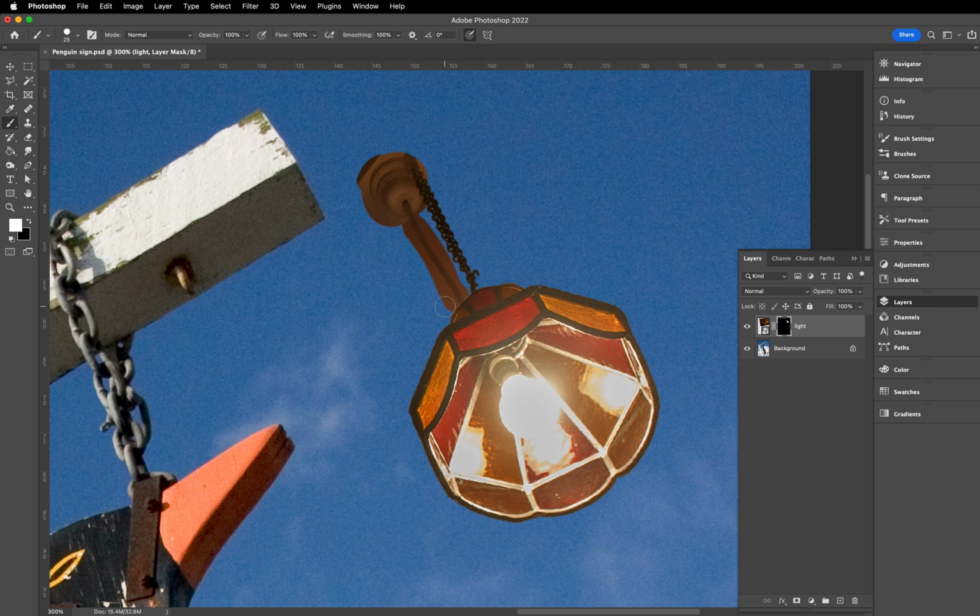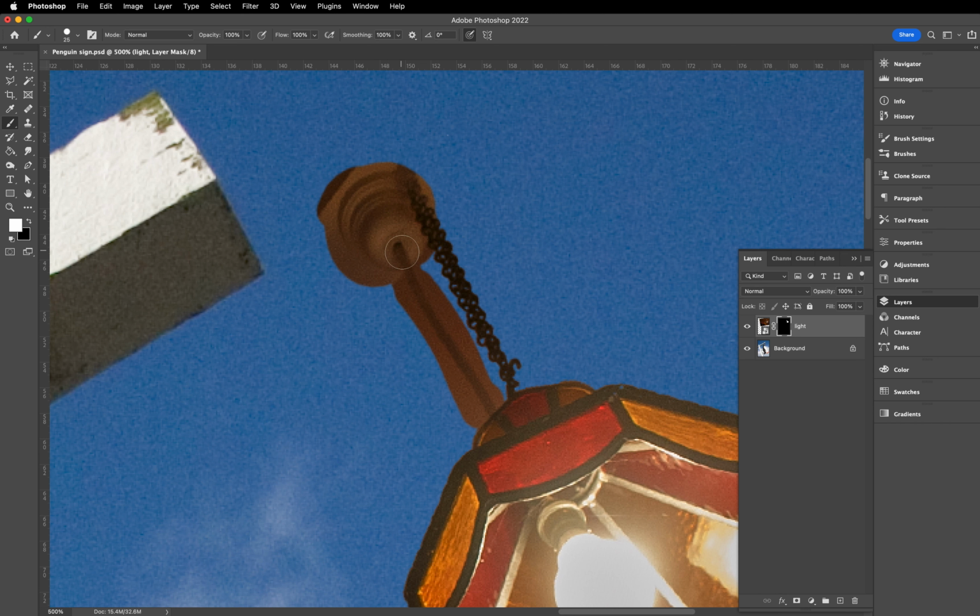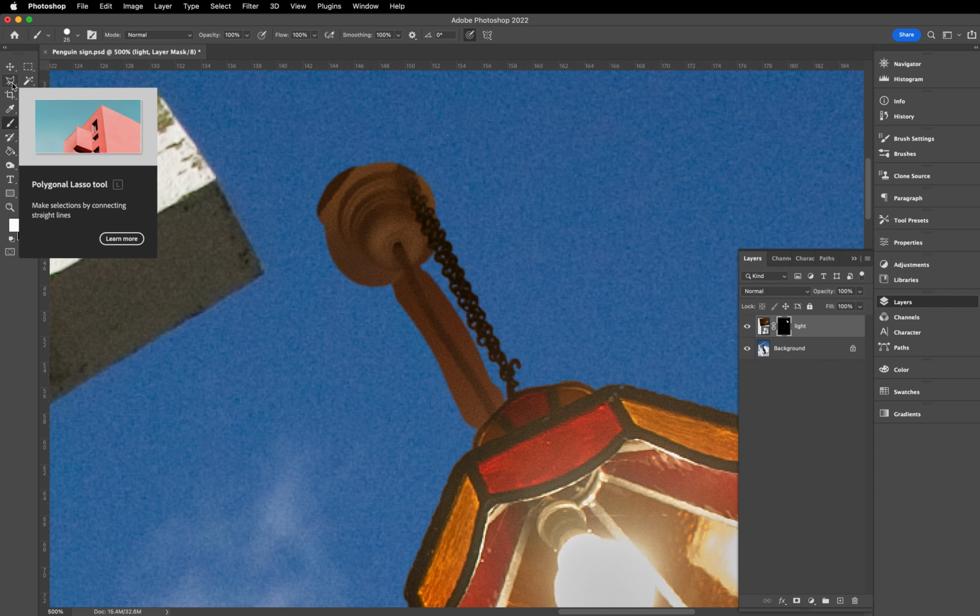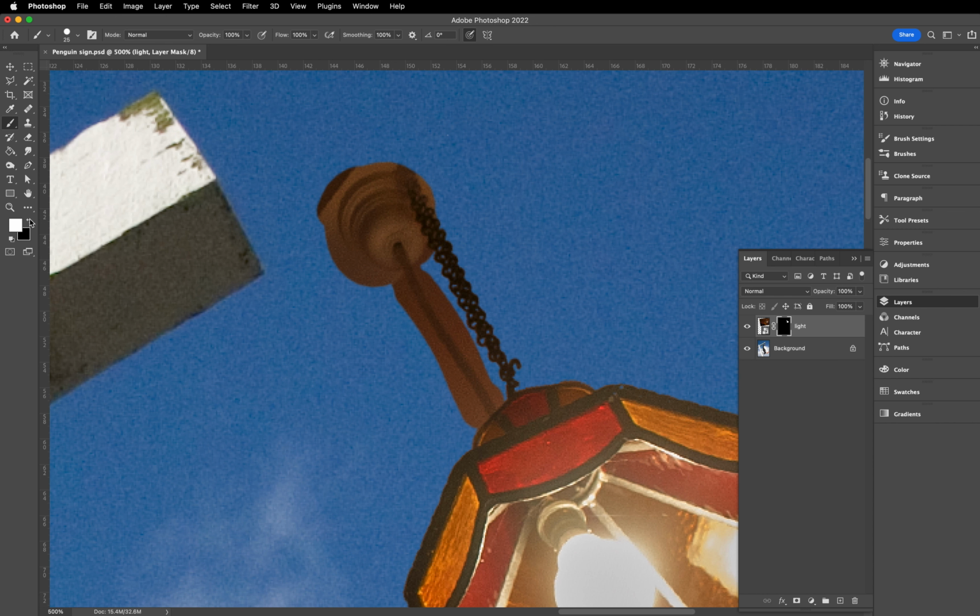all of that visible. So now we have to think about how we're going to select that, and we've obviously got a circle to think about, and we've got what would be ideally a straight line, but really it isn't. If it was a straight line, I would say use the polygonal lasso tool, go down the cord and change the